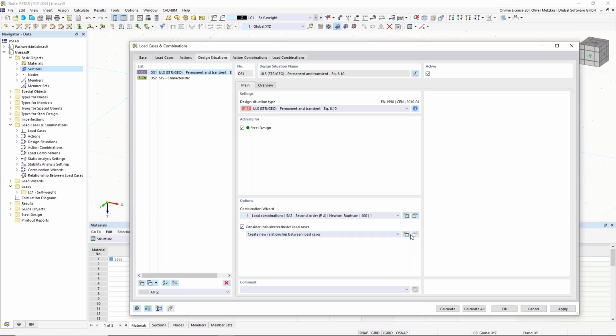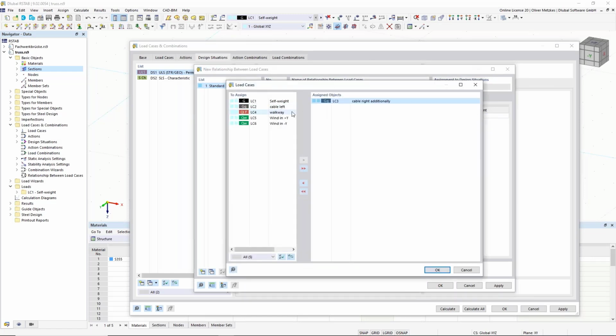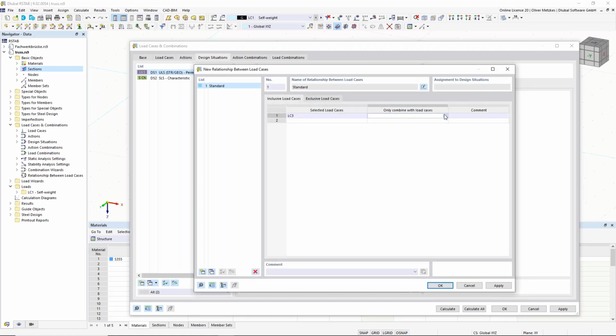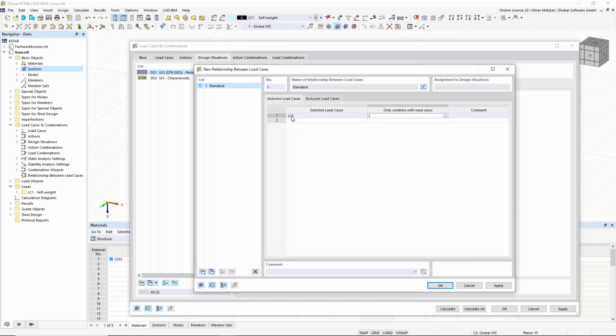If I create a new relationship between the load cases, then I can, for example, say, okay, my cable load on the right side, I will select the load case here, can only be there if I already have cables on the left side. So only combine it with load case number 2. There shouldn't be the case when I have only load case 3, for example. So that was one of the dependencies that I mentioned before that I want to apply in this structure. And in the exclusive load cases, for example, I can then